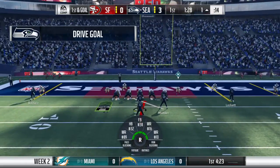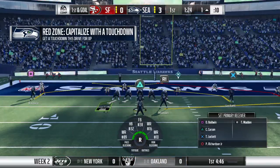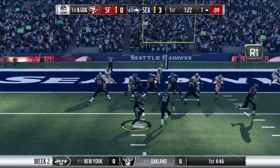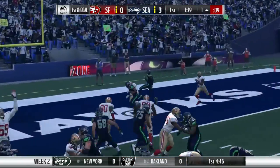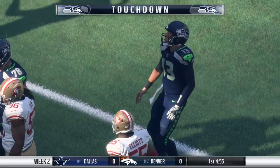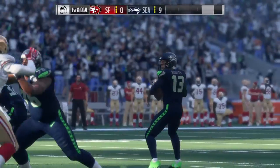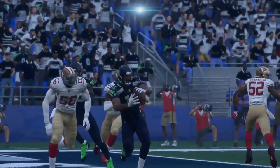Obviously, a big play was needed, and you can see his eyes light up as he realized there's absolutely no one in front of him. And he takes off and goes a long way. Not only does he... End zone, caught. Touchdown, Seattle. Tyler Lockett, his first touchdown here of the new campaign. And the Seahawks add on to their...